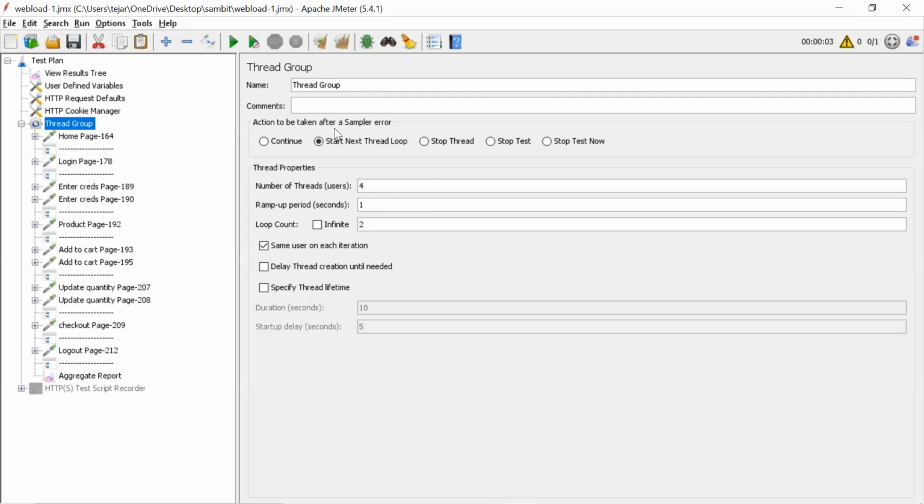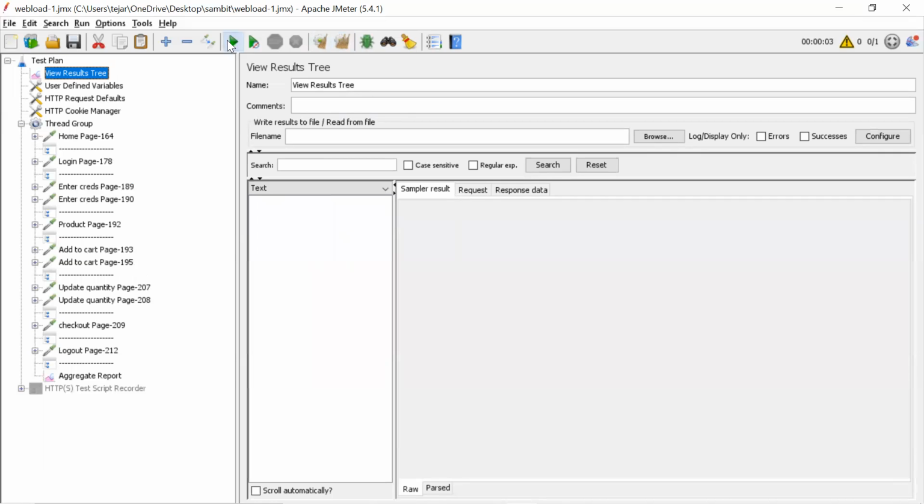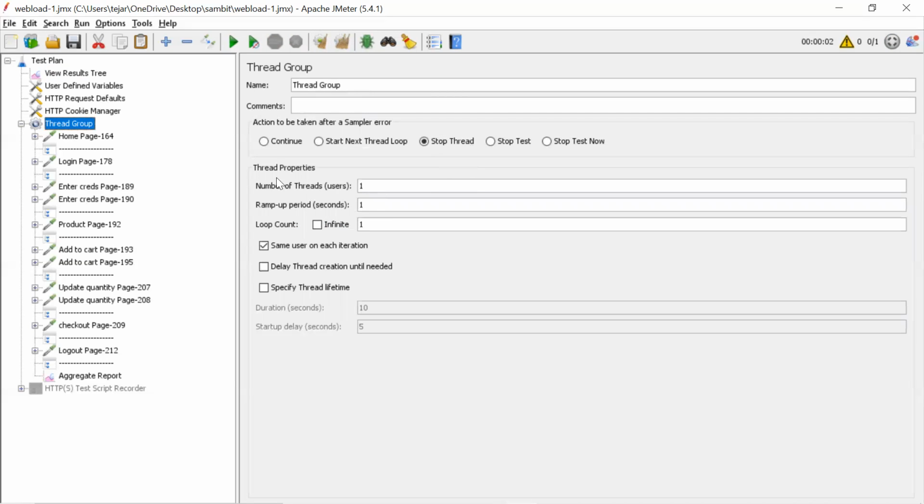Next one, stop thread. Stop thread means whenever there is an issue, just stop that particular user. Let's give 1, 2, 3 again to understand that, clear and run. Okay, it got stopped. Now let's give a loop here and see what will happen.